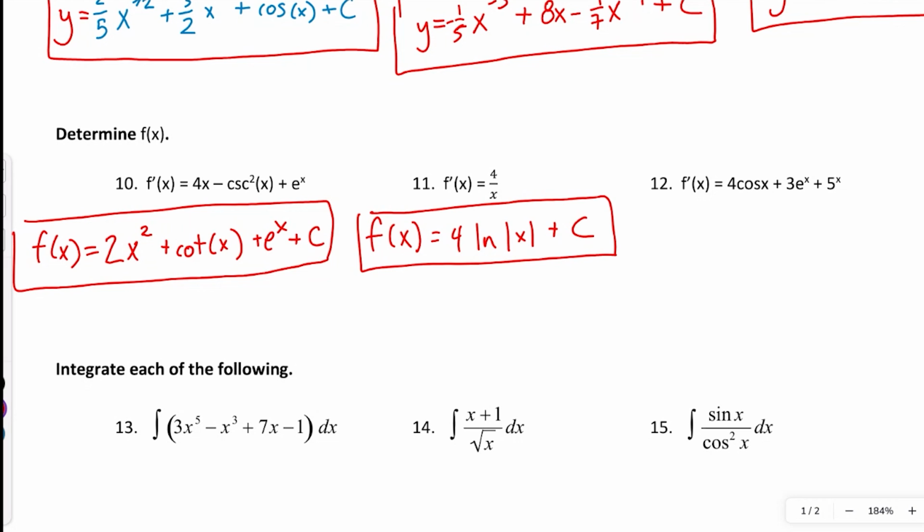For number 12, f of x is going to equal 4 times the integral of cosine x, which is sine x, plus 3 times e to the x, plus, can you remember this one? It's been a little while since we did this one, but the integral of 5 to the x is 5 to the x